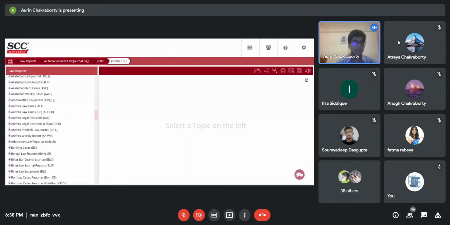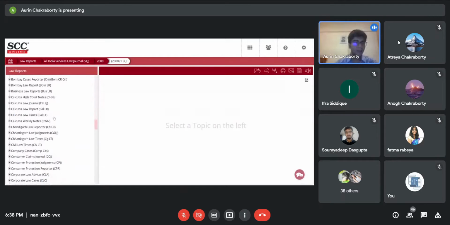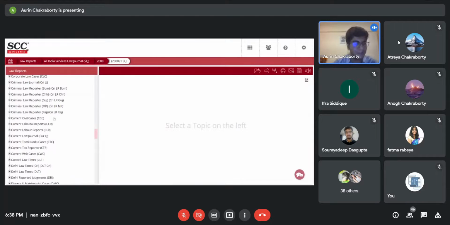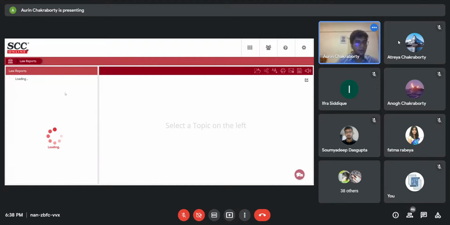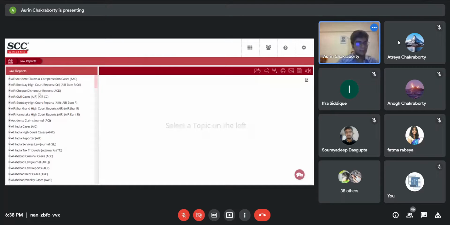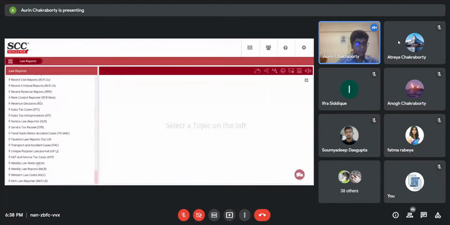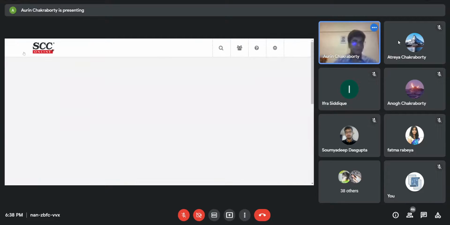So this will essentially give you all the law reporters in the various high courts and even the district courts or the forums in that effect, right? If we also go back to law reports, right? So that's more or less it. It'll also give you the weekly notes. Now you can find various articles by various legal scholars and eminent personalities in that effect over here. So that's mostly about law reports.